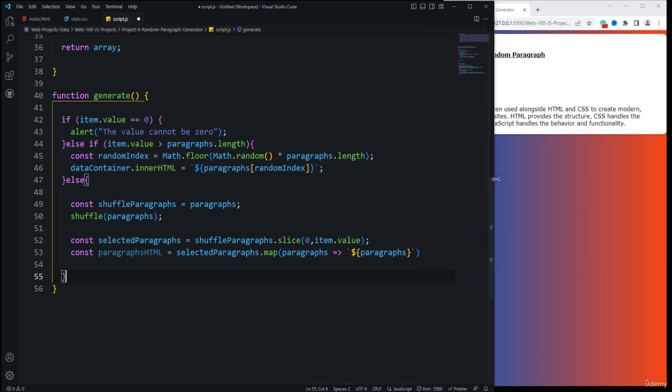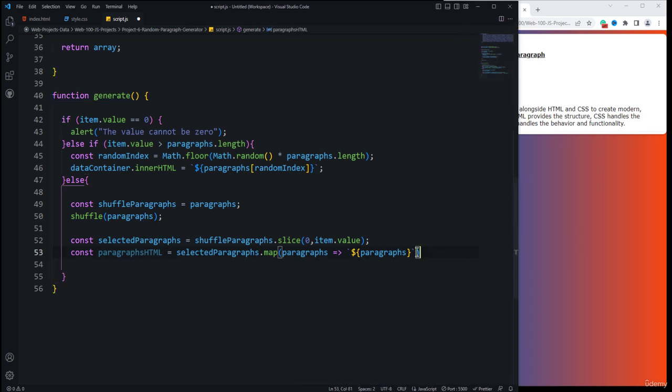Okay, so if I decrease the size of the window, meaning increase the size of the Visual Studio Code window, then we need to call a join function. We want to join it with the empty string because we want to create a string. That is the reason we use this join function. After that we get our paragraphs, because we join all the paragraphs produced by the map function. Okay, and then we need to set this data to the data container dot inner HTML is equal